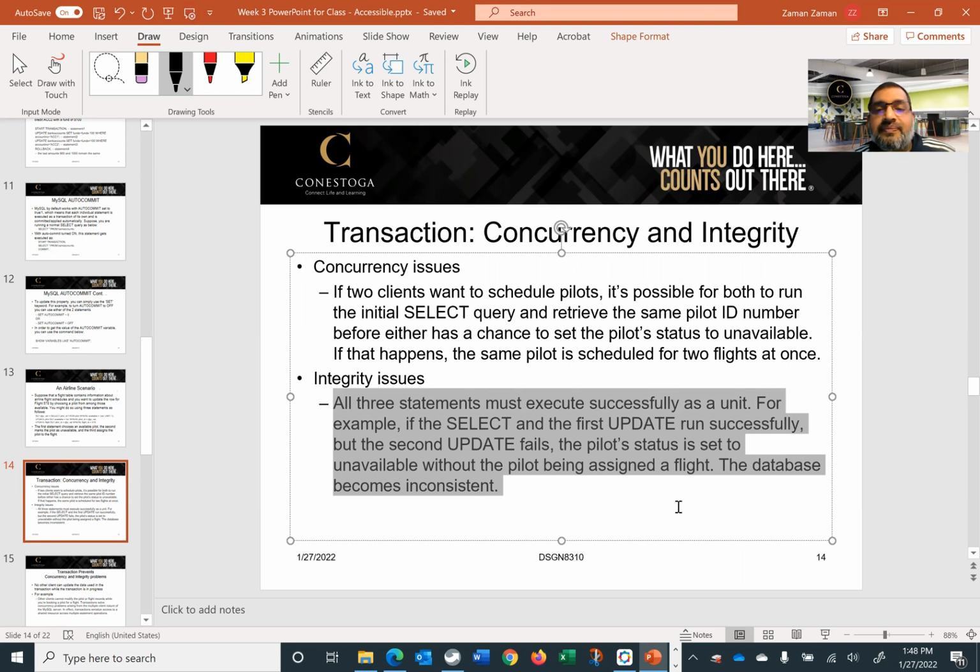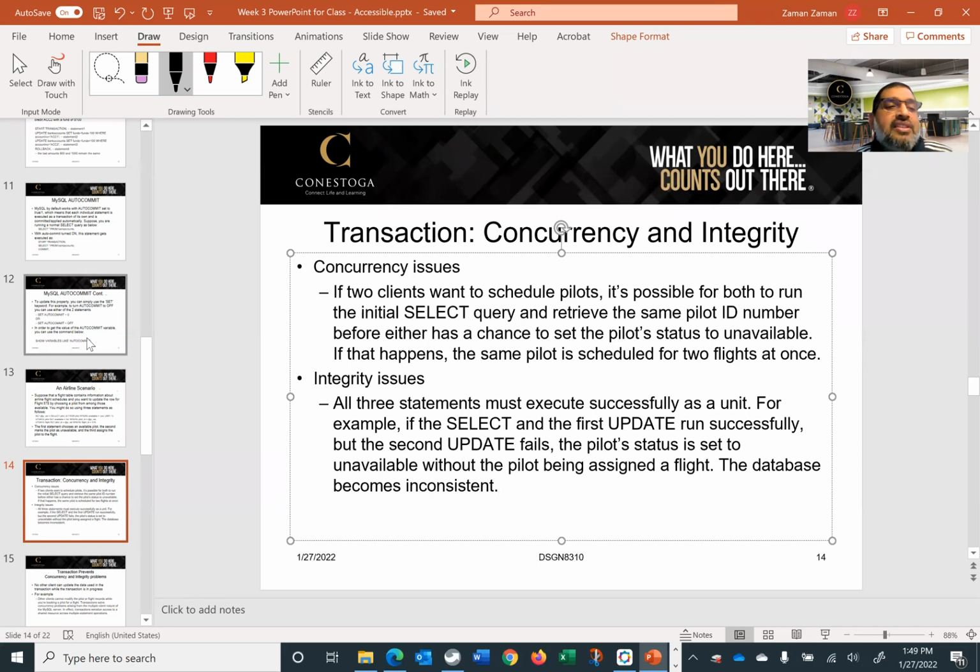Let's talk about integrity issues. All three statements must execute successfully as a unit. For example, if the select and the first update run successfully, but the second update fails, the pilot's status is set to unavailable without the pilot being assigned a flight. The database becomes inconsistent. So all three statements must execute successfully as a unit. For example, if the select and the update run successfully, but the second update fails, if you go back to this slide,